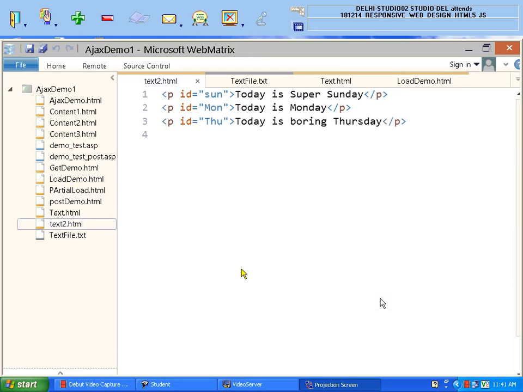You can see on the screen I have IDs sun, mon and thu, meaning Sunday, Monday and Thursday. From this web page, maybe I want to load only one paragraph in that web page. So I have another example here.